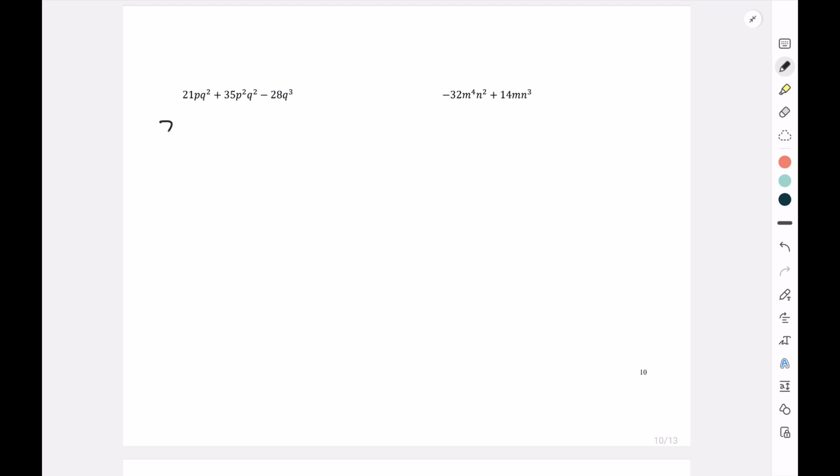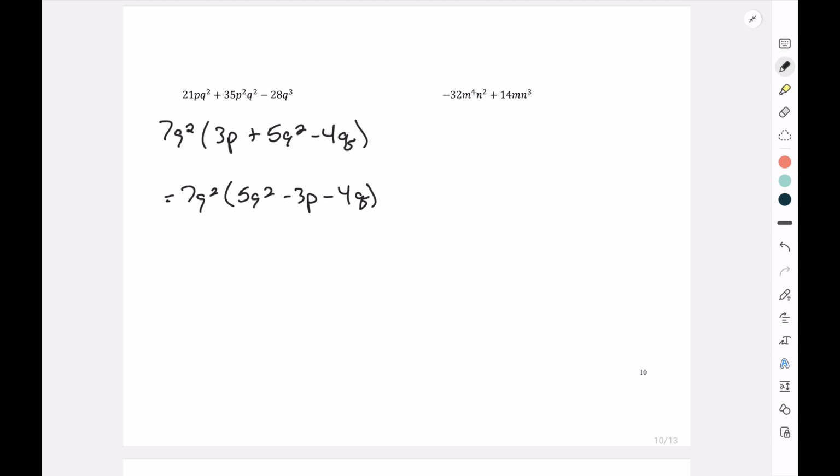So if we pull out a 7q squared, we would have 3p plus 5q squared minus 4q. And so if we arrange, we could write our answer as 7q squared in parentheses 5q squared minus 3p minus